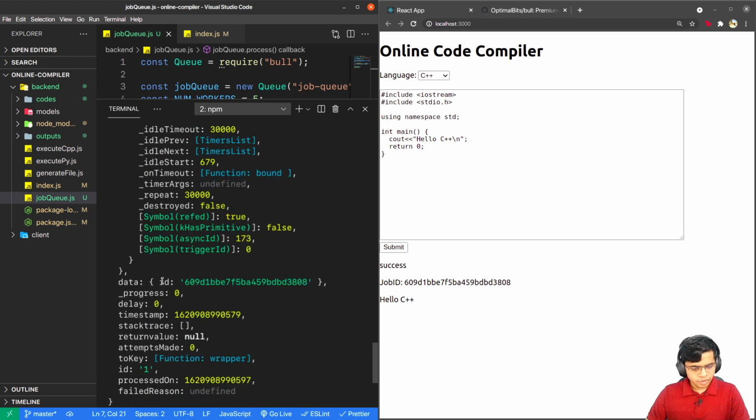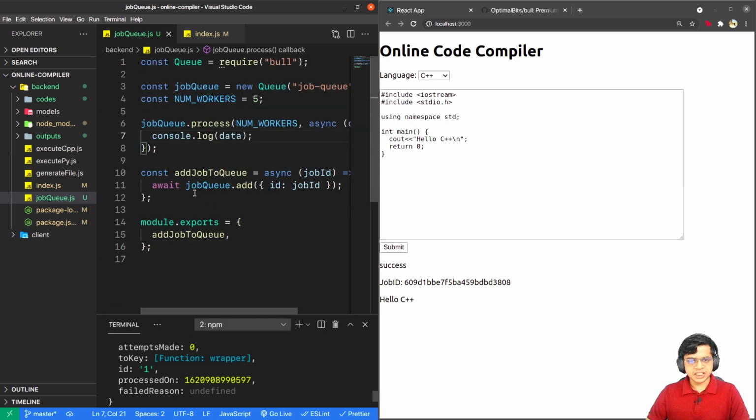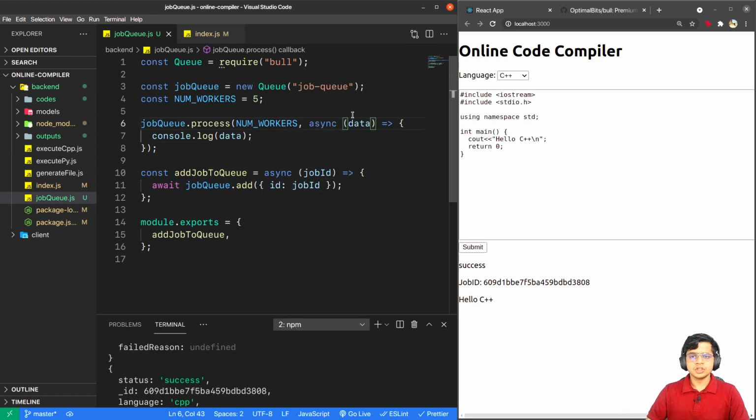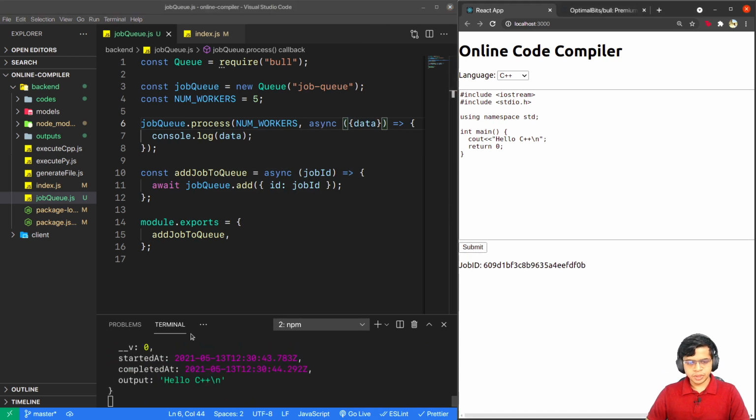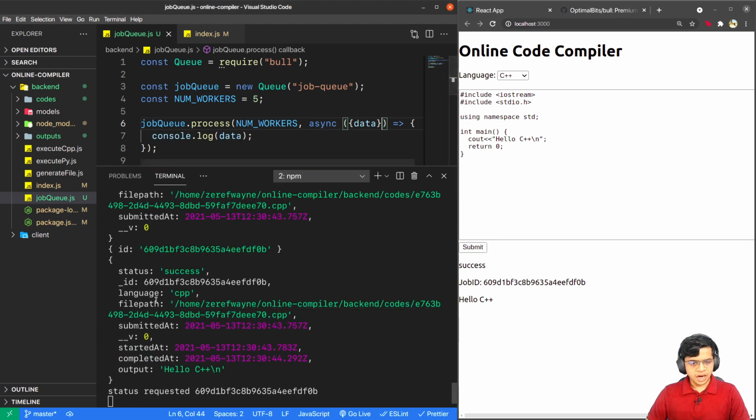So here we will find a data key. Inside this job, we have this data key, and it will contain everything that we sent from the add function. So instead of just taking the whole parameter, I'll extract this data value out of it and then again see what happens. So I click submit, and then we just get this job object here.